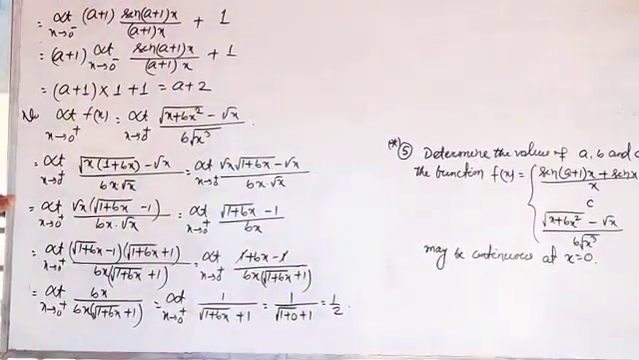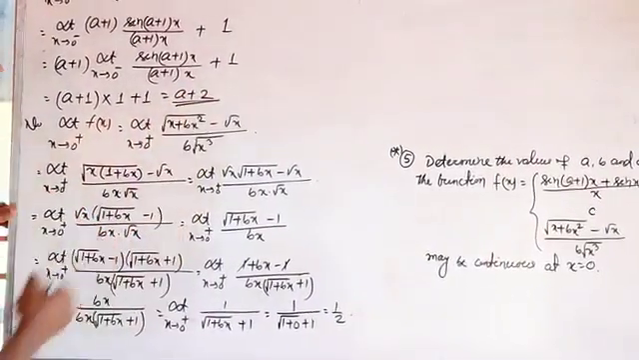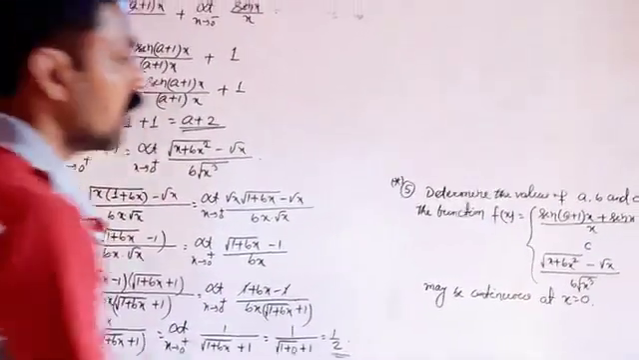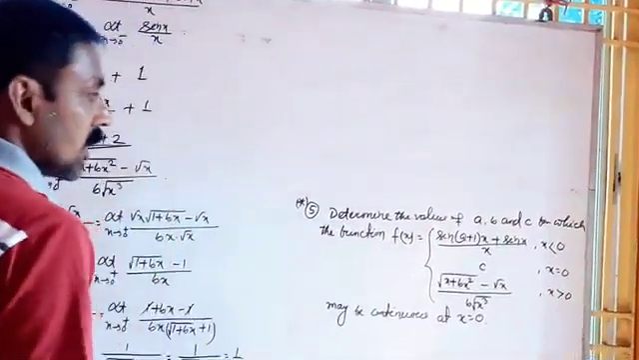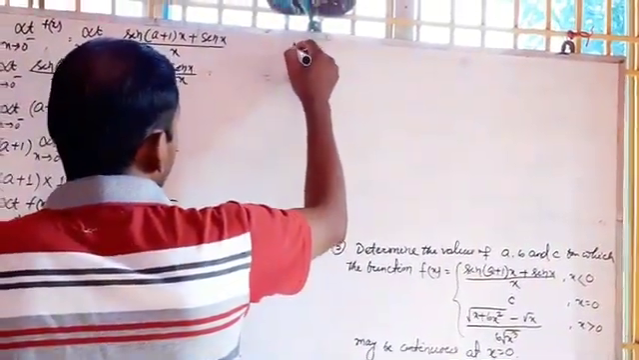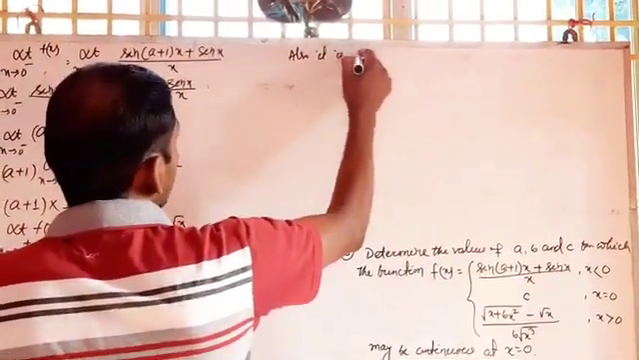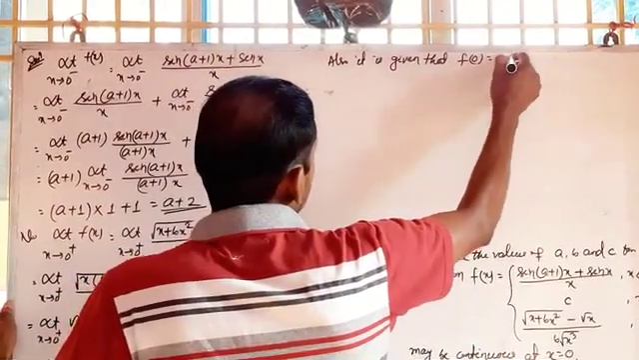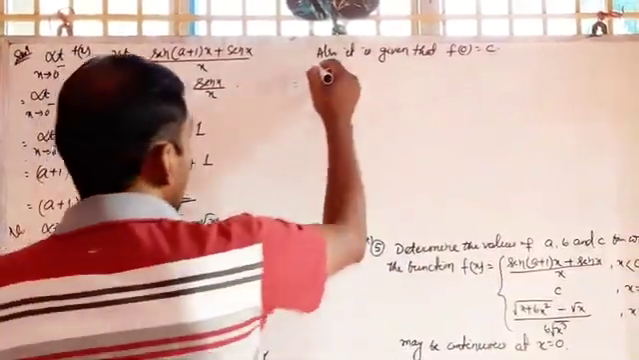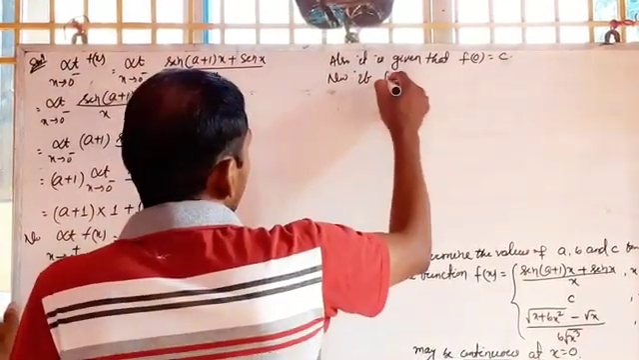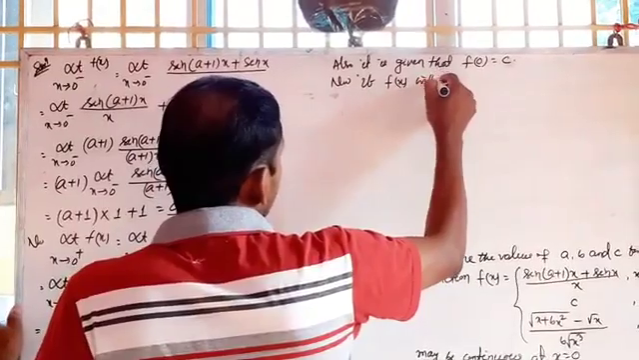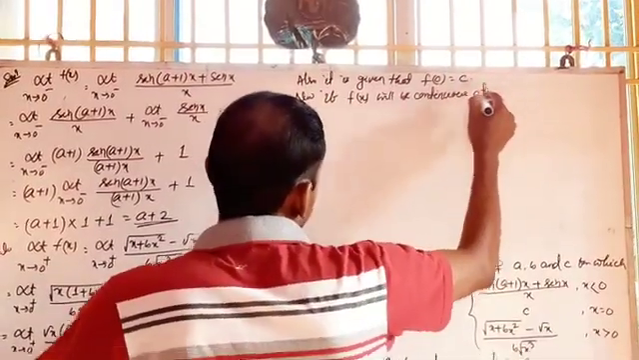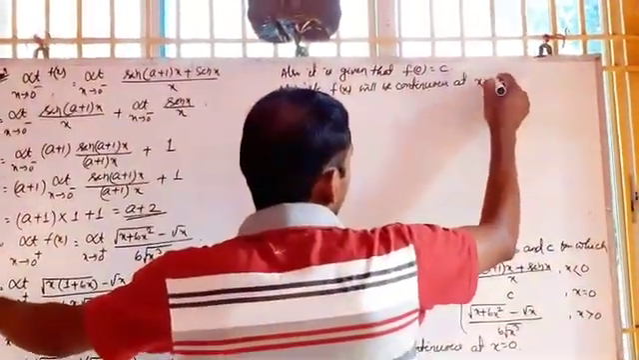that is 1 by 2. Now you see, the left hand limit is a plus 2, and the right hand limit is 1 by 2. And what about the value at x equal to 0? It is c. Also it is given that f of 0 equal to c. Now if f of x will be continuous at x equal to 0,